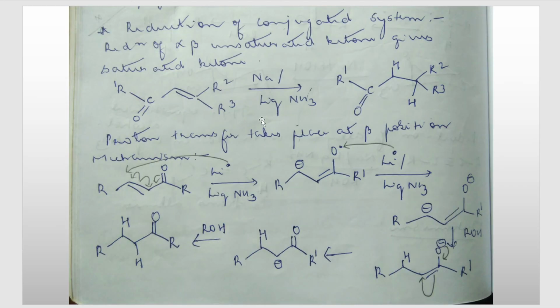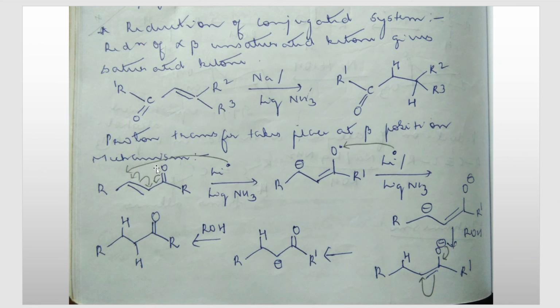So we are taking sodium in liquid ammonia, it will give us a saturated ketone. But you all know that whenever we are doing reduction of a ketone, we end up getting an alcohol. So you might get a doubt, why is it that in this case we are getting a saturated ketone but not an alcohol as a final product? That will be told further. Once we understand the reaction mechanism, you'll understand why we are not getting the final product as an alcohol but a ketone is obtained. Now let us understand the reaction mechanism.